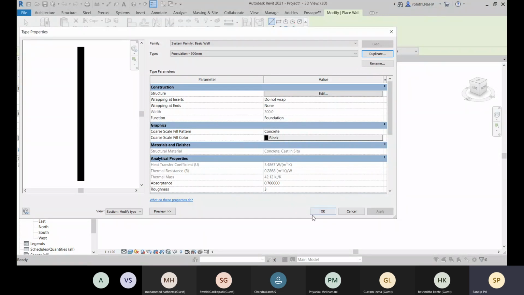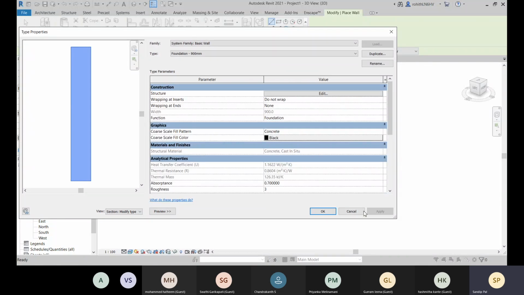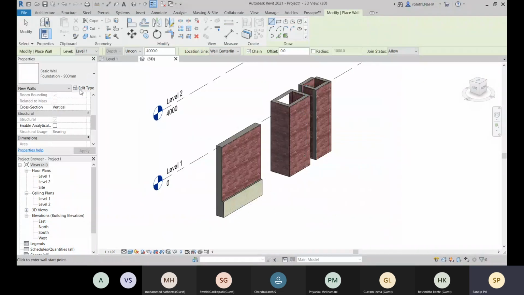Click on OK, come to this and change, and make the function foundation. Click on OK, and that is created.